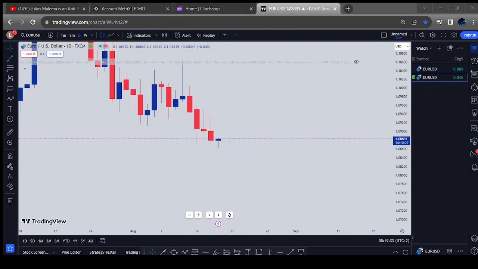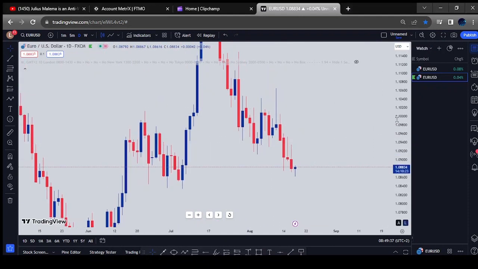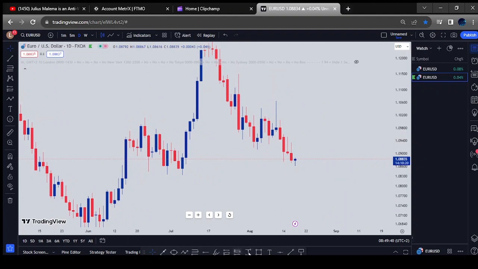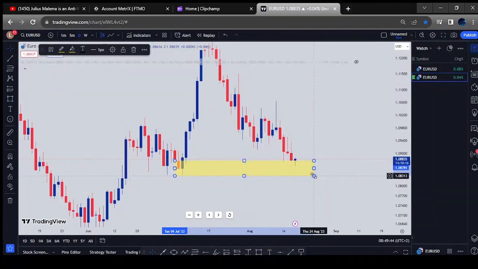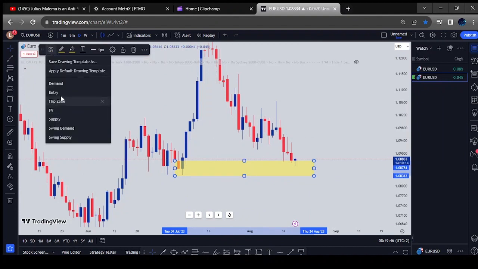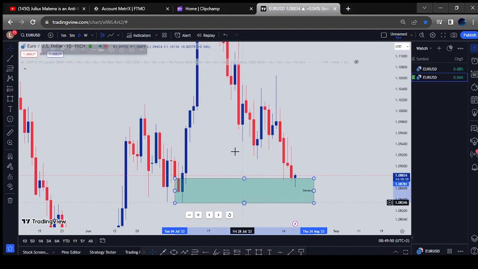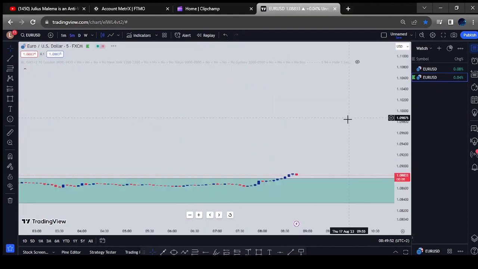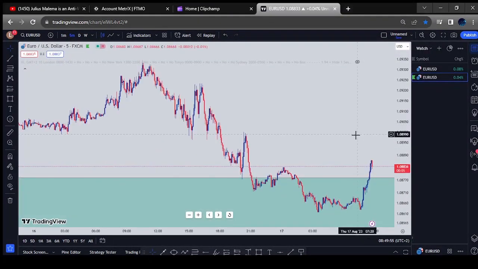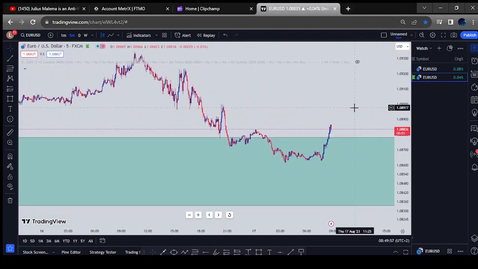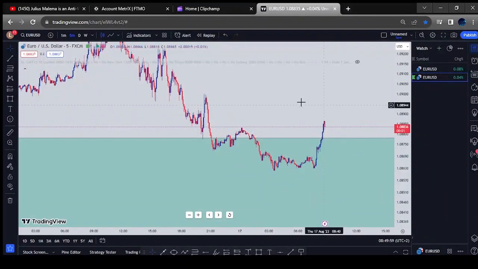So I don't want to make this video too long. Okay, 6 minutes at least, we're still good. But yeah, we've got a demand zone over here on the Euro USD. So very aware of this. And then if you push now to the 5-minute time frame, on the 5-minute time frame,